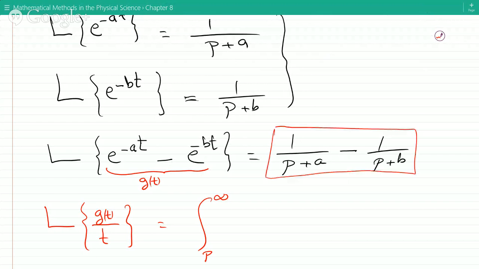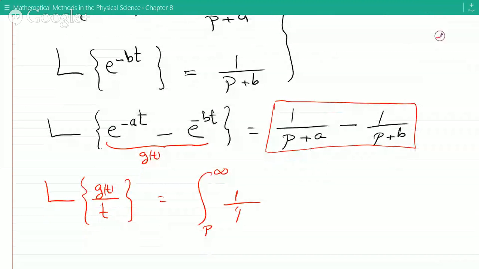So that's 1 over p plus a, because that's the Laplace, minus 1 over p plus b,